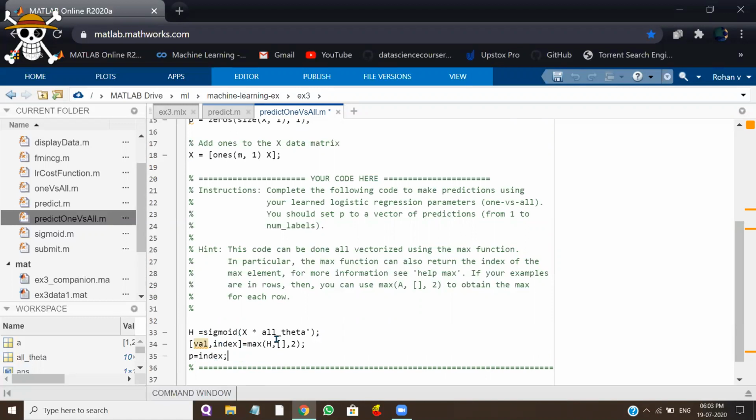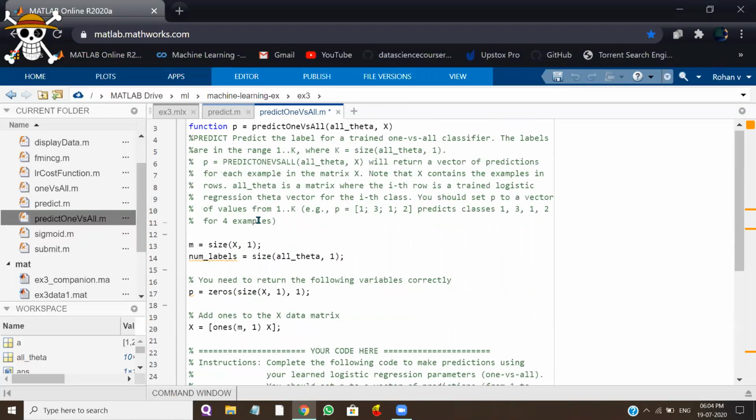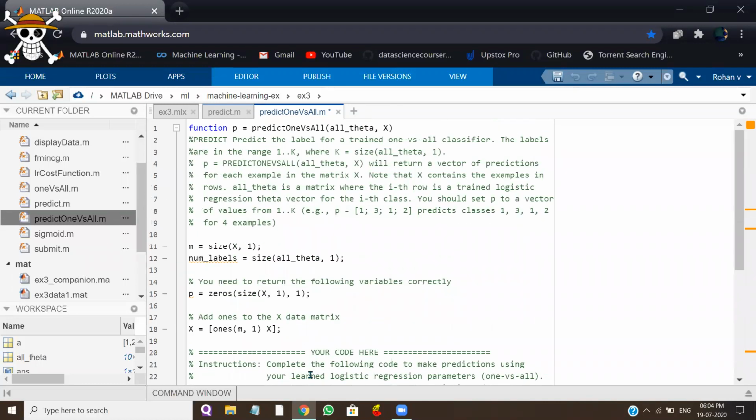When you check with all the hypotheses, you'll get a hypothesis which is closer to the value of 9, the one which has the maximum probability that the number is 9. It will return the value and the index, and we are returning the index. Just save it. Don't forget to save, then close it.